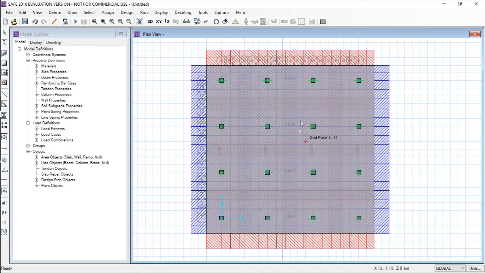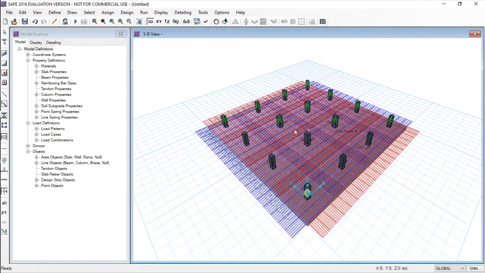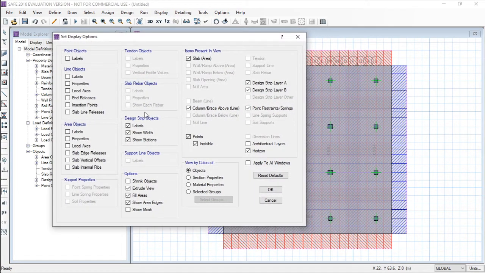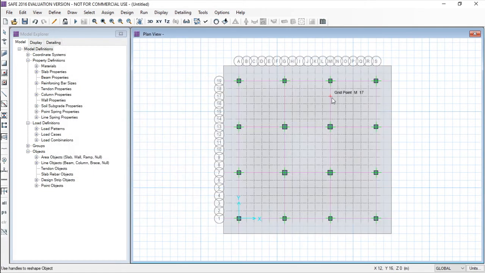Here we can see the strips. Okay, let's uncheck the boxes, otherwise it will show some difficulties or confusion during drawing.